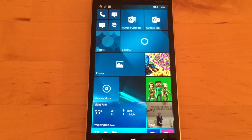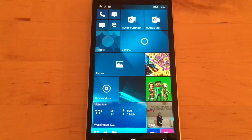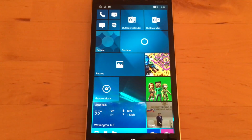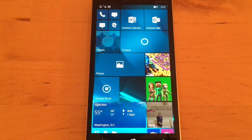Now, a couple other things about this build. They said that there was going to be a bug where when you went to update it, it would show as 10.0.0.1001 instead of showing up as 14.3.42.1001. That didn't happen. I reached out to them to ask about that, and they told me that it was a bug that they had while testing, but they fixed it before it came out, and they edited the blog